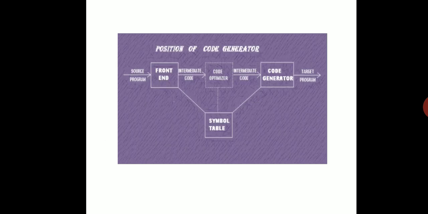Okay, so this diagram indicates the position of the code generator in the design of a compiler. The front end of the compiler, which we have discussed, has the first 4 phases. The output of the front end is nothing but the intermediate code, which you call an intermediate representation. Then we have the code optimizer. The last unit is all about code optimization, that we will see. So we will get the optimized code, and then that code is given to the code generator to generate the desired target program, and during this entire process the symbol table is used.